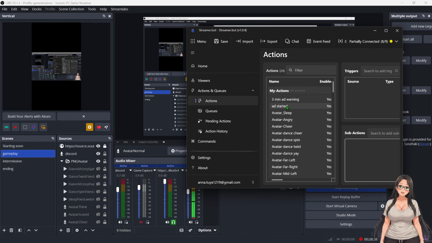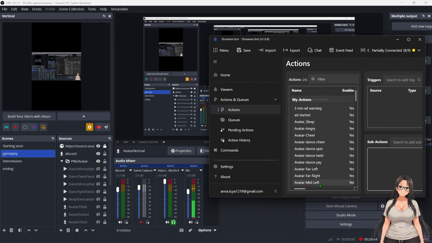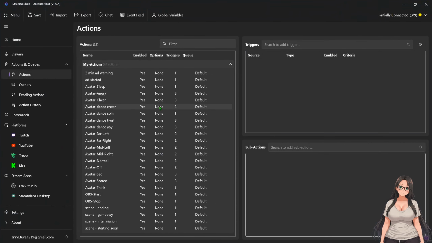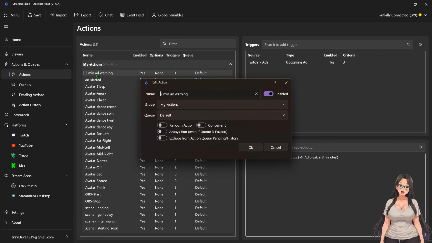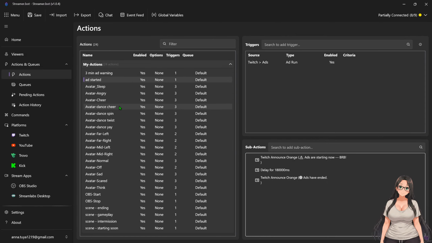This is why I told you about signing into Twitch. You can set up your 3-minute ad warning, your ad started. But what we're working on today